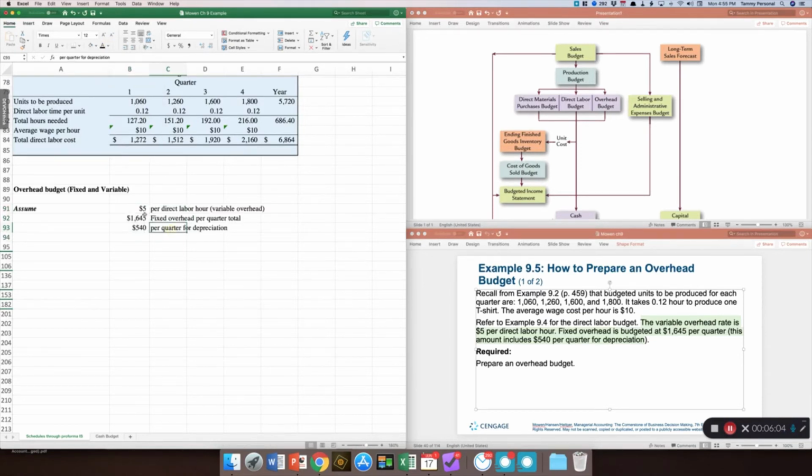But here are our assumptions: $5 per hour of variable overhead, and $1,645 in fixed overhead. Here is our